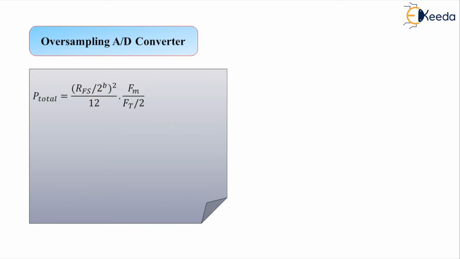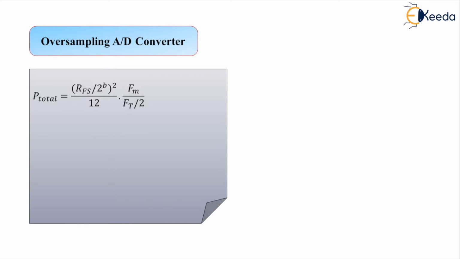Now for computing the needed word length, which we can denote by beta, for the A to D converter operating at the Nyquist rate, for the total noise in the signal band of interest to be equal to that of the B bit A to D converter operating at a higher rate, let us have the substitution. Sampling rate Ft is equal to twice Fm as per the Nyquist criteria, and let us replace small b, representing the bits, by the word length